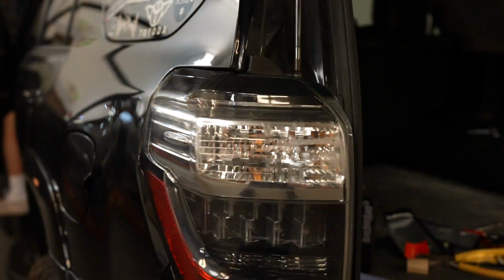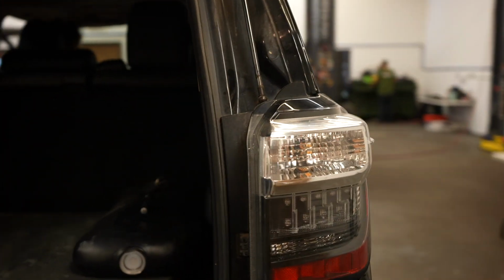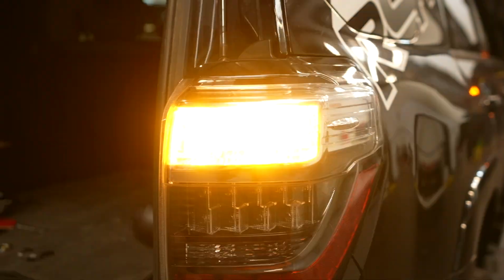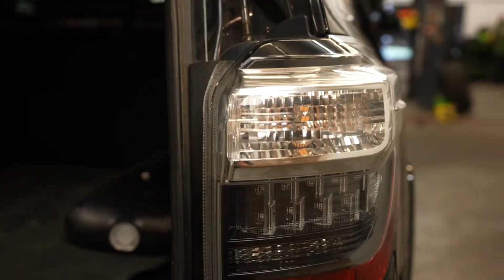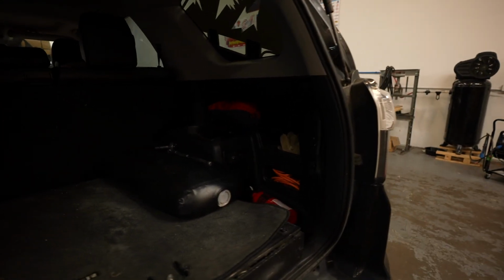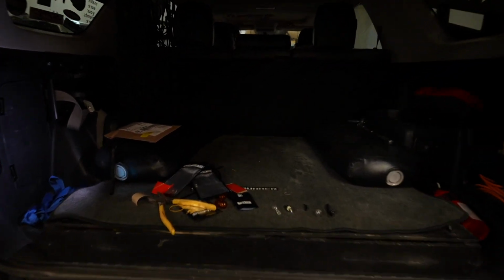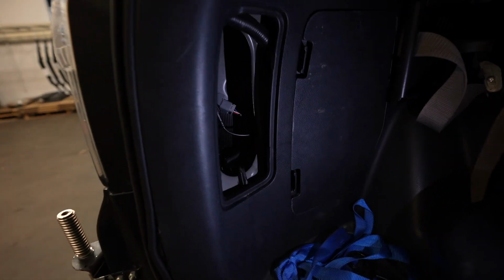Okay. So this is the side that we just fixed. Do the passenger. All right. So this is hyper flash. So basically the car or the truck doesn't know that you guys have LED bulbs in here, so it thinks there's a bulb out. So it flashes real quick to let you guys know one of the bulbs are out. So the fix is going to be